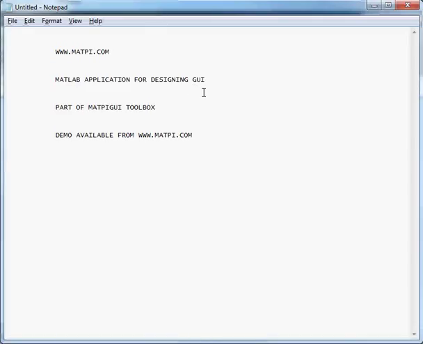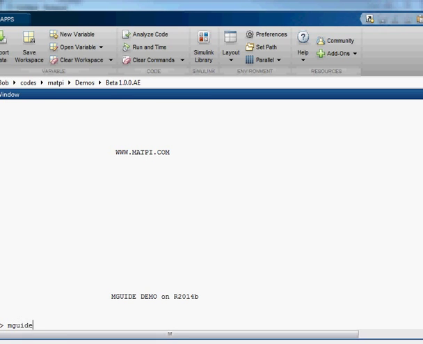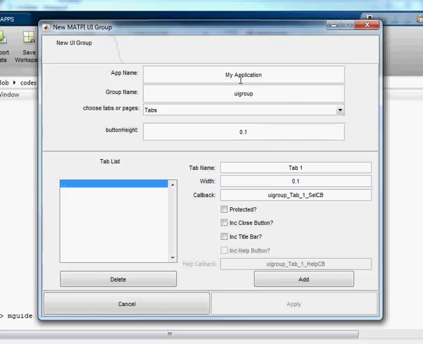This is a demo of MGUIDE, which is part of the MatPy GUI toolbox, which is available from matpy.com. It is for building advanced MATLAB GUIs very easily and interactively. You can launch it just by typing MGUIDE at the MATLAB command line, and this brings up the initial UI,